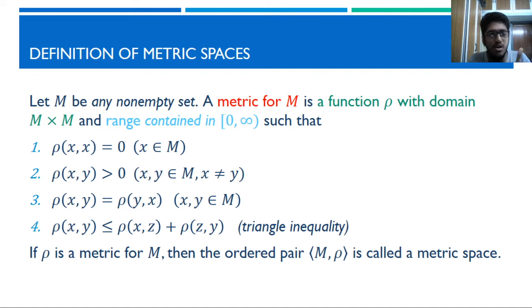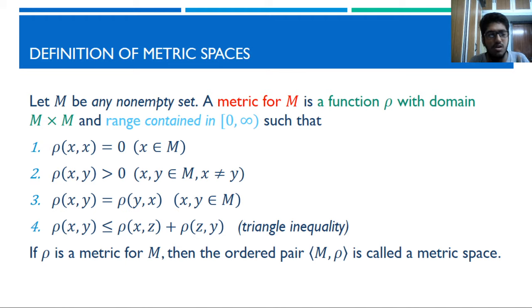This metric is particular for M, and this function should satisfy a couple of conditions. One, domain should be M cross M. That's another definition that you would have learned soon just before defining functions in real analysis. Two, range should be contained in the closed interval 0, infinity. Notice something very particular. Here, they have worded it very carefully, saying range contained in. It didn't say codomain should be the closed interval 0, infinity. It said range contained in closed interval 0, infinity.